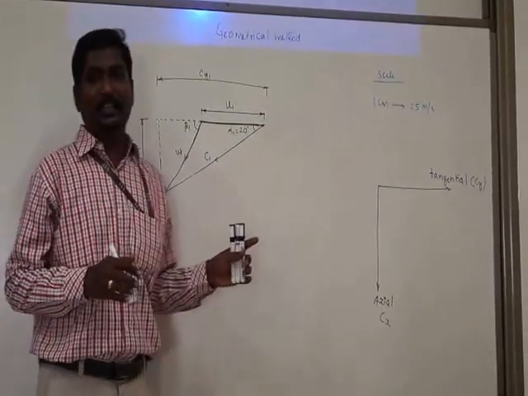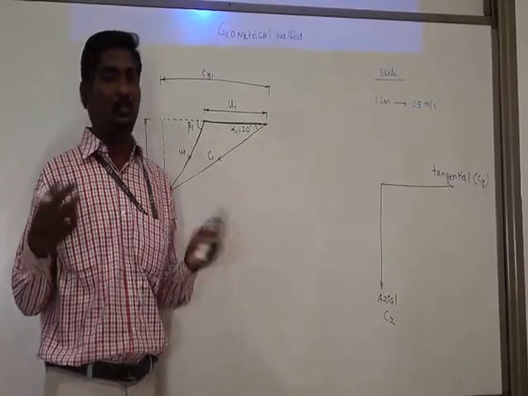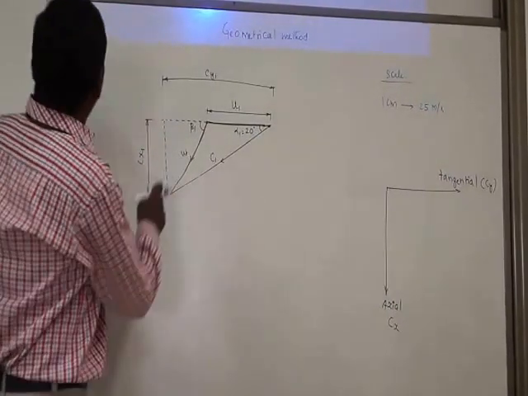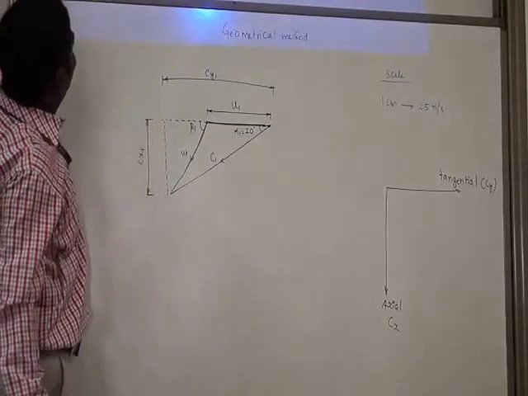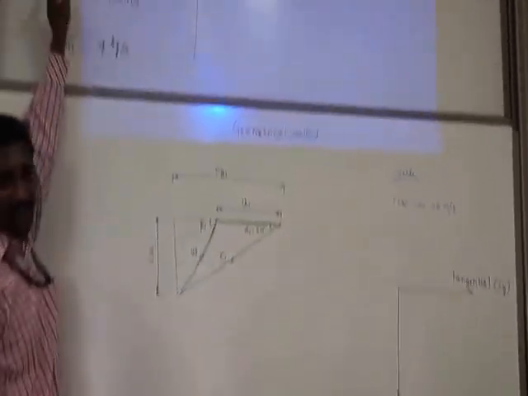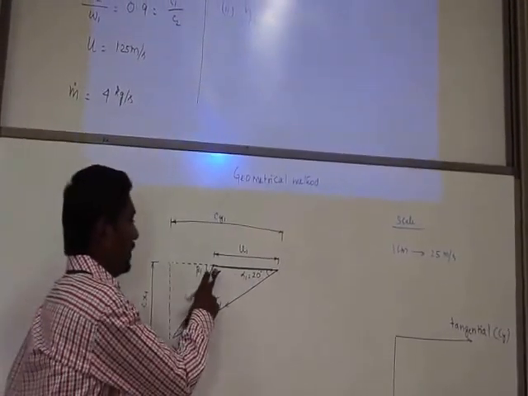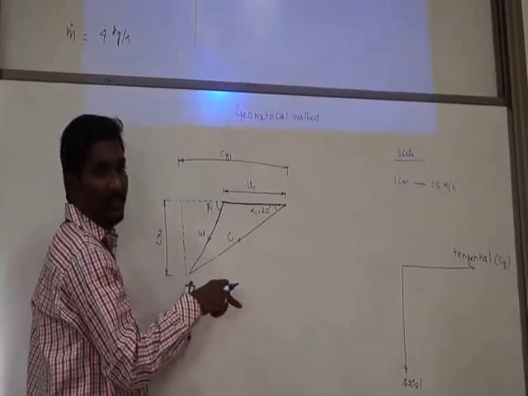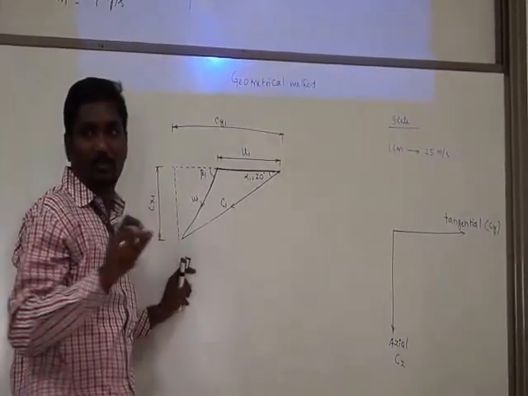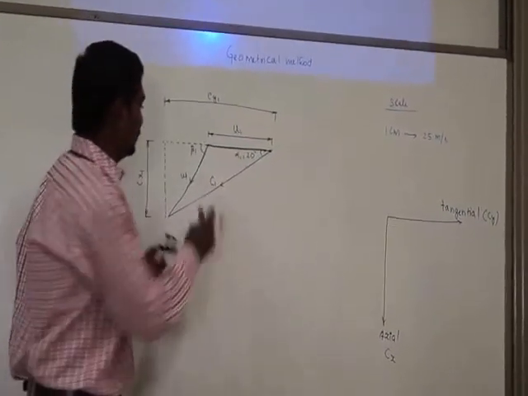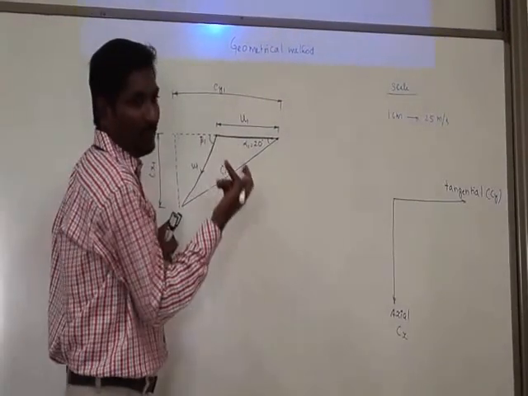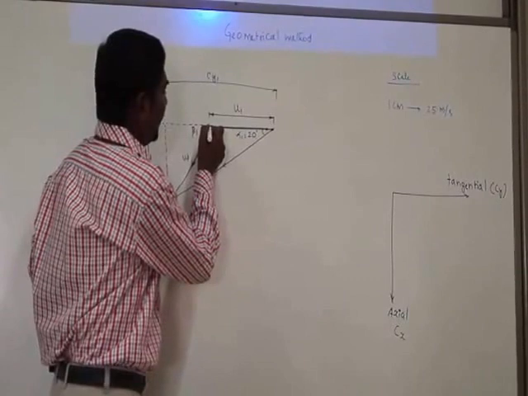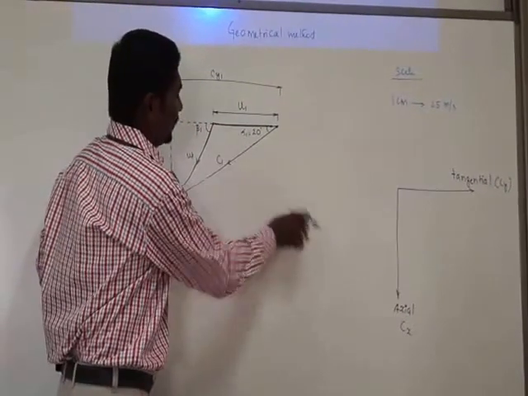Now I am going to draw the outward velocity triangle for the first row of the moving blade. The outward velocity triangle is like this. We know the ratio of relative velocity at the outlet and relative velocity at the inlet. Okay. That is given as 0.9. So now we measure this distance. Okay. That multiplied by 0.9. That is the value of W2. Okay. Relative velocity at the outlet. Measure this distance and multiply by 0.9. So I am going to draw the W2 for this case.